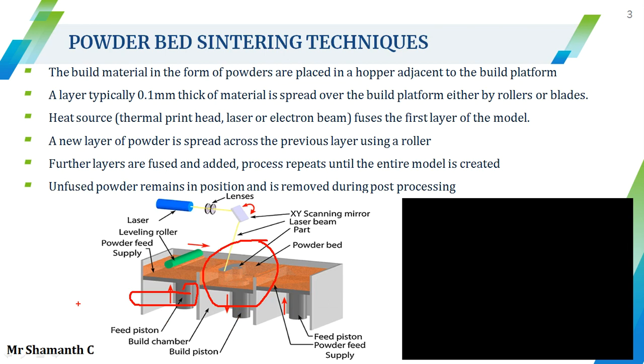Whereas we discussed one more process previously, that is material jetting as well as binder jetting. In the binder jetting process, after the material powders are spread, the glue comes and it is deposited over the powder and it gets bound because of the glue. But here it is getting fused because of the heat source. You need to understand the difference between this particular technique and the binder jetting technique. So every technique we are discussing here is different altogether in the way it is performed.